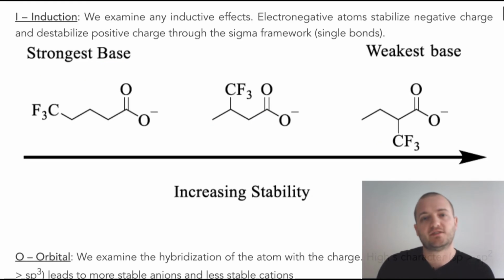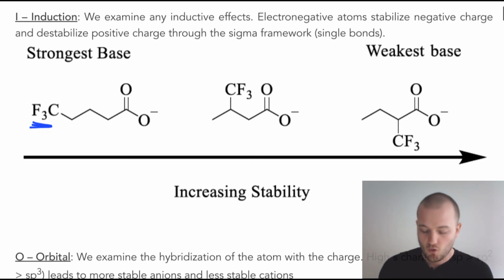After trying to use the atom and the resonance terms to decide between acids and bases, if those don't work, then we can move down to I, which stands for induction. Now, induction is a lot less powerful than resonance, but it's a way, again, to stabilize a charge. I'm going to use an example here for these fluorine groups, and when you see fluorines, I want you to think induction, because they're the most electronegative atoms, so they really help stabilize negative charges and destabilize positive